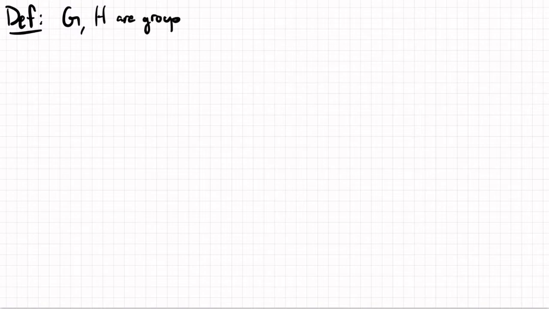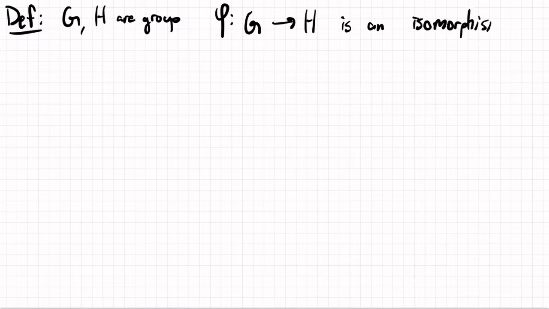So consider the following definition. We have, let's say, G and H are groups. And I want to say that a function phi from G to H is an isomorphism. It's a very important word. An isomorphism